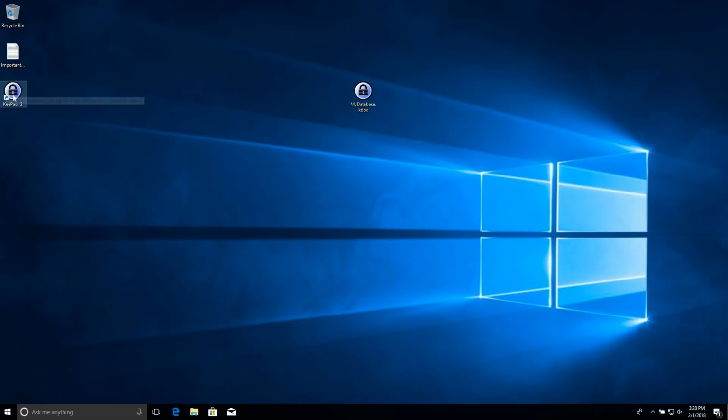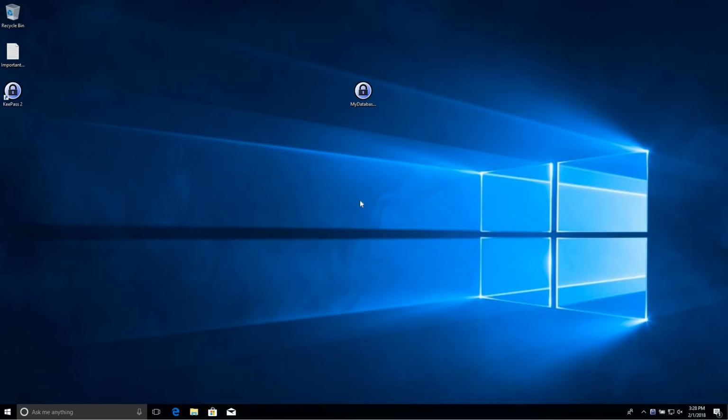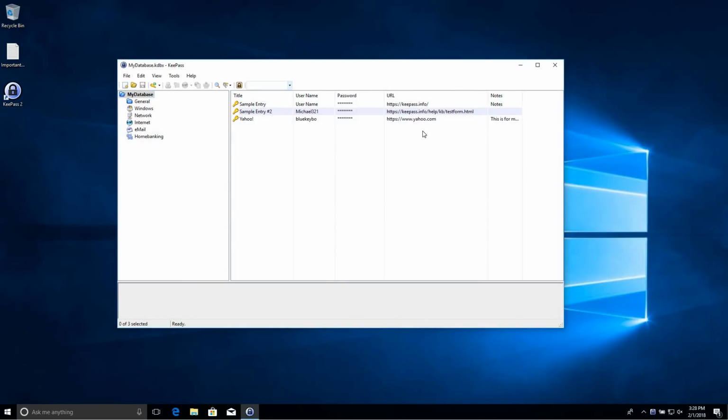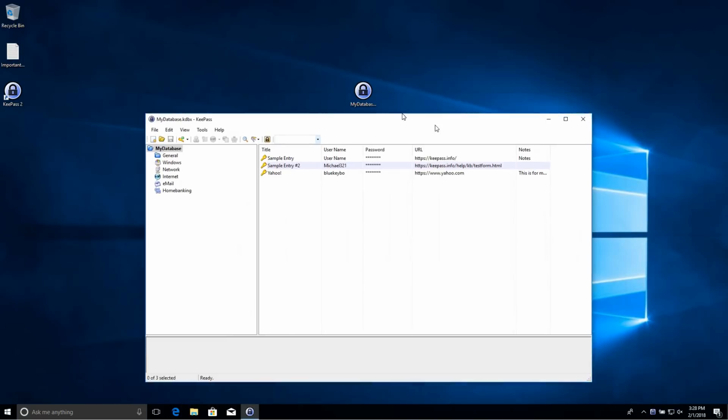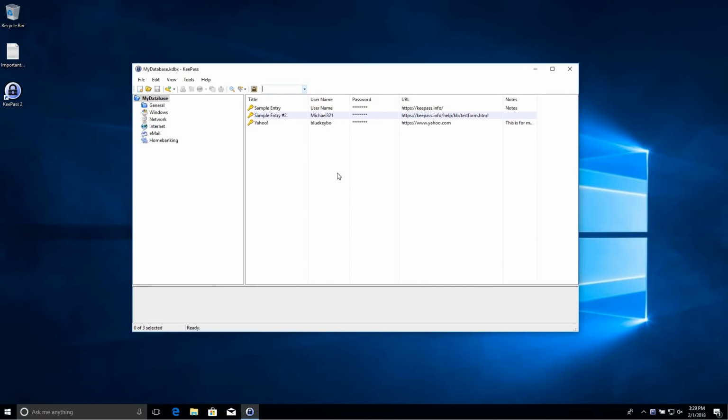So that's the KeePass file, and this is the KeePass program. So let's open it again with our password. Let's see if I remember what the password was. I think I said, this is my KeePass video. Yep, that's it. All right, so this file right here is the one that's being opened here with all my passwords. So let's go under options